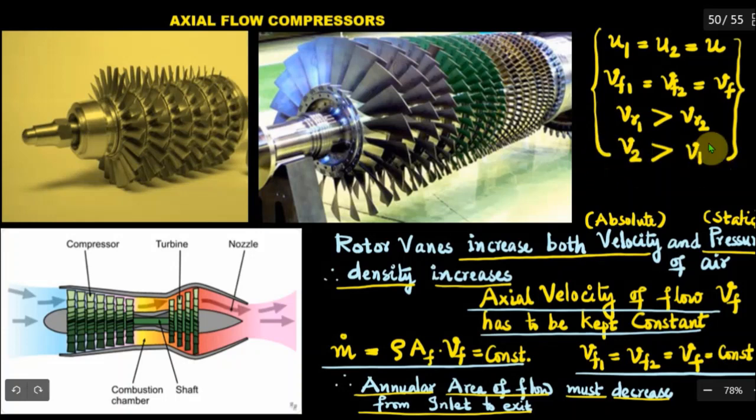And one more important thing, keep in mind the tangential velocity of the blade at inlet tip and outlet tip will be the same. Because if you consider the inlet tip and outlet tip, they are at the same radius from the center. So therefore D1 is equal to D2, diametrical distances are the same. So therefore pi D1 N by 60 is equal to pi D2 N by 60. That's why U1 is equal to U2 is equal to U.